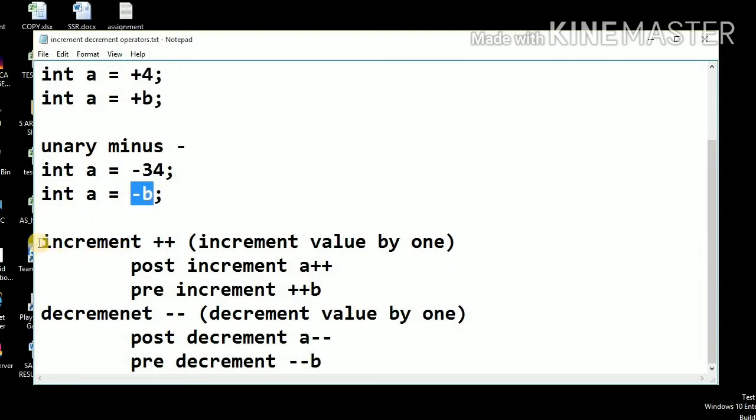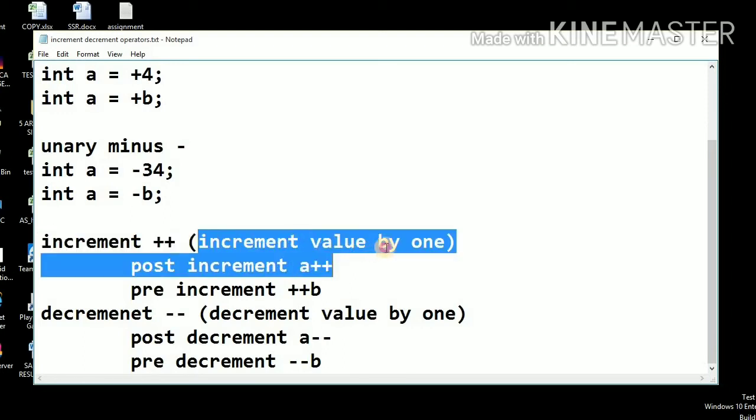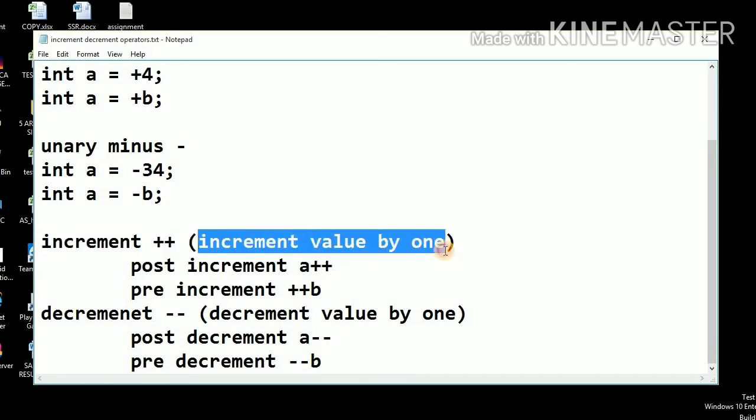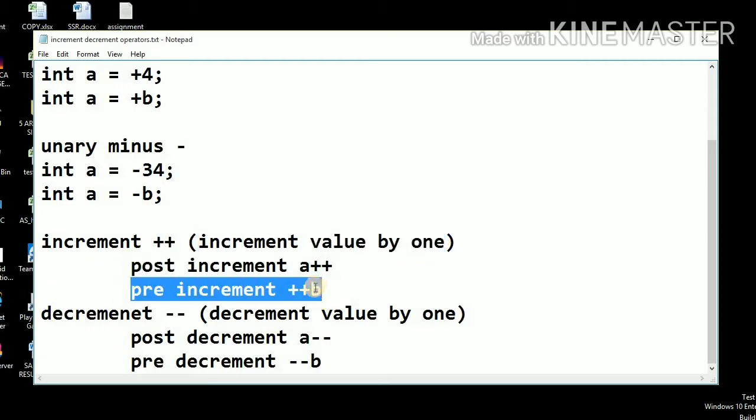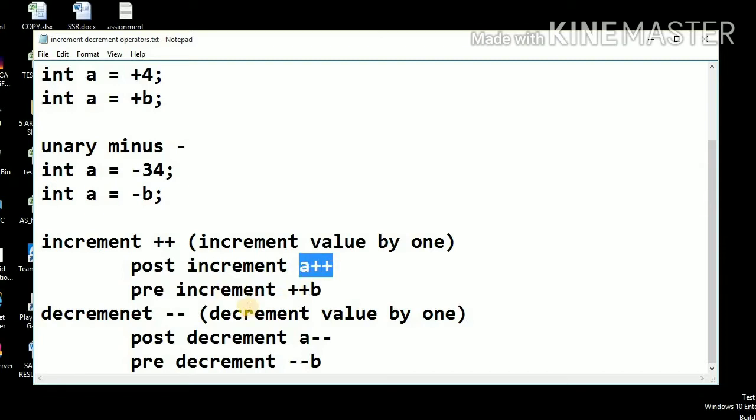The other operators are increment operators. Increment operators increment the value of a variable by 1. So we have two categories, post increment and pre increment. Post increment says first we should use the old value of the variable and then the value should be incremented. The pre increment says first we should increment the value of the variable and then we should use that incremented